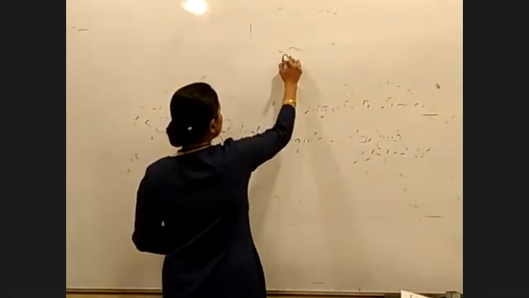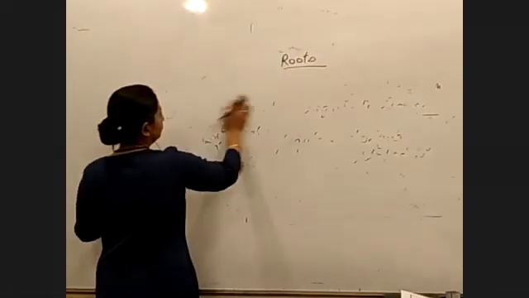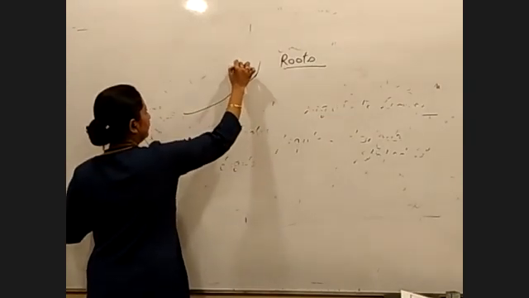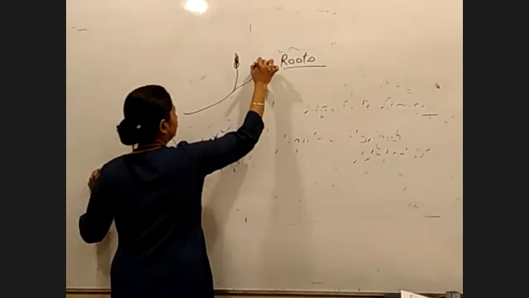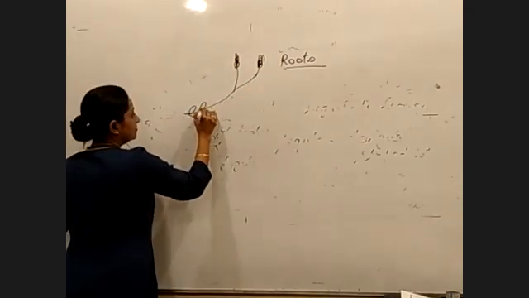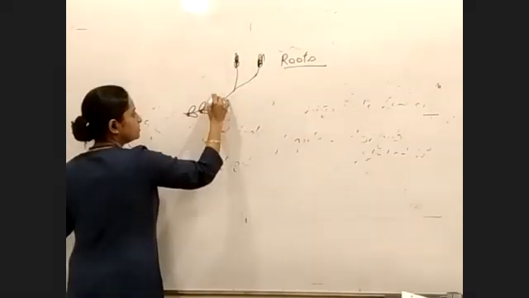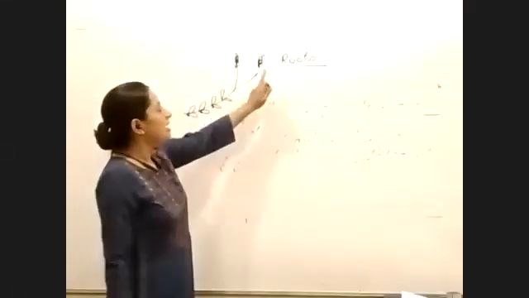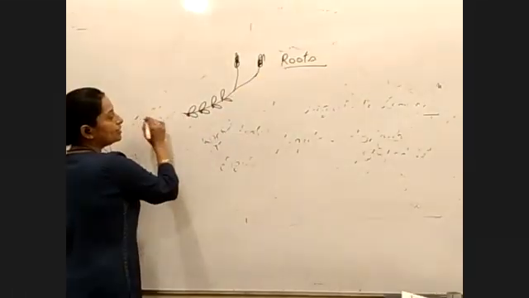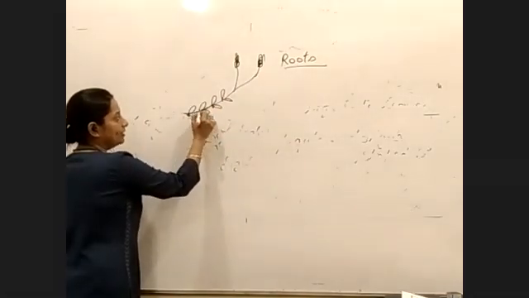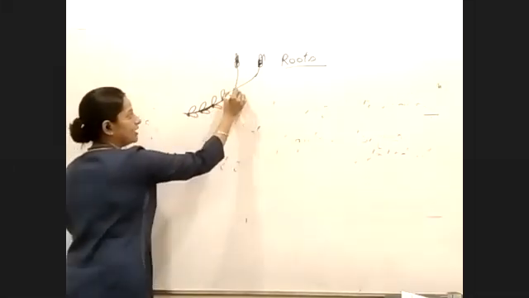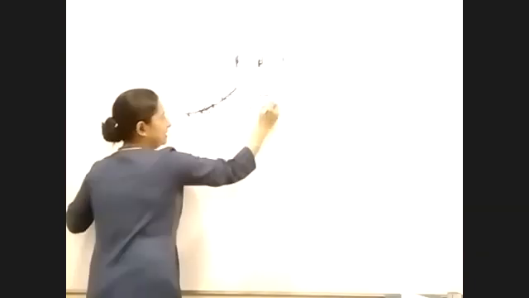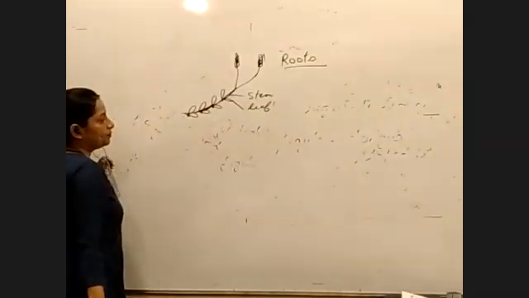Now, roots. Again, coming back to the diagram of Selaginella. This is the diagram. There will be a stem, right? And they will have leaves. And obviously, the leaves will have ligules. So the leaf portion we have discussed. Now, coming to the roots. In case of Selaginella, how do the roots develop? This part is obviously the same. This is the stem, this is the leaf. So how will the roots develop?